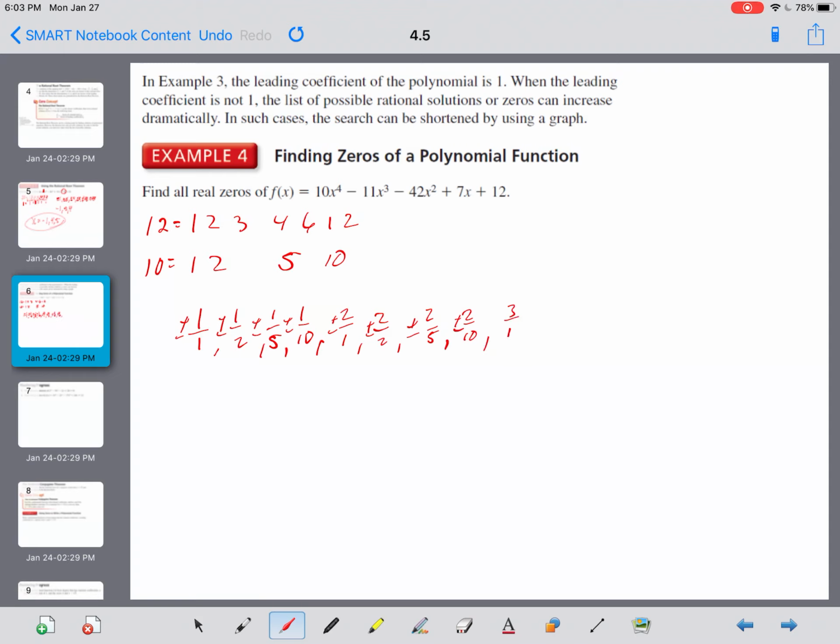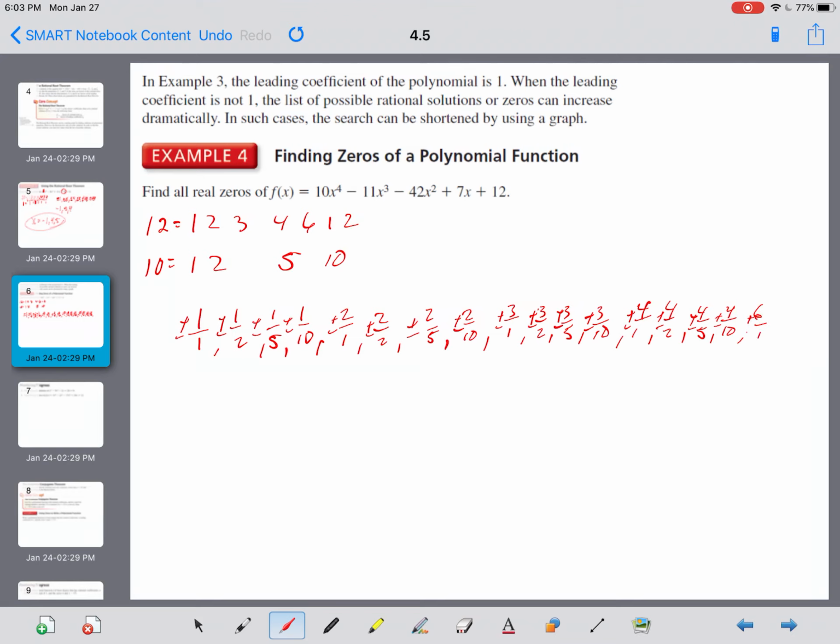Then 3 divided by 1, 3 divided by 2, 3 divided by 5, and 3 divided by 10, and 4 divided by 1, 4 divided by 2, 4 divided by 5, 4 divided by 10,